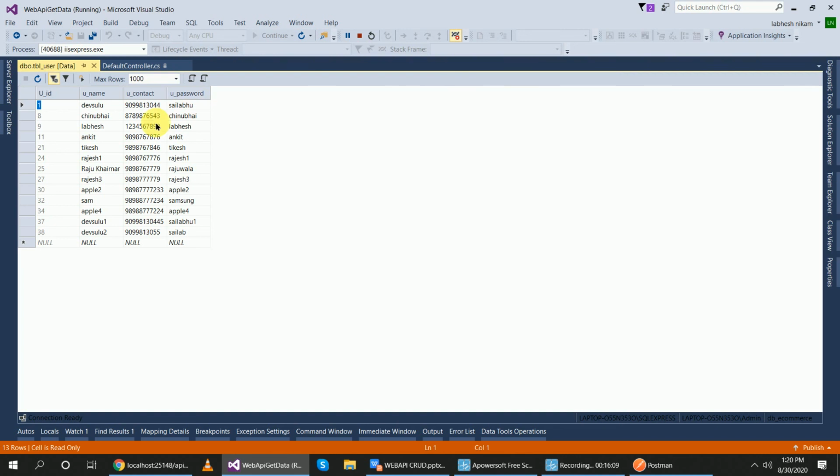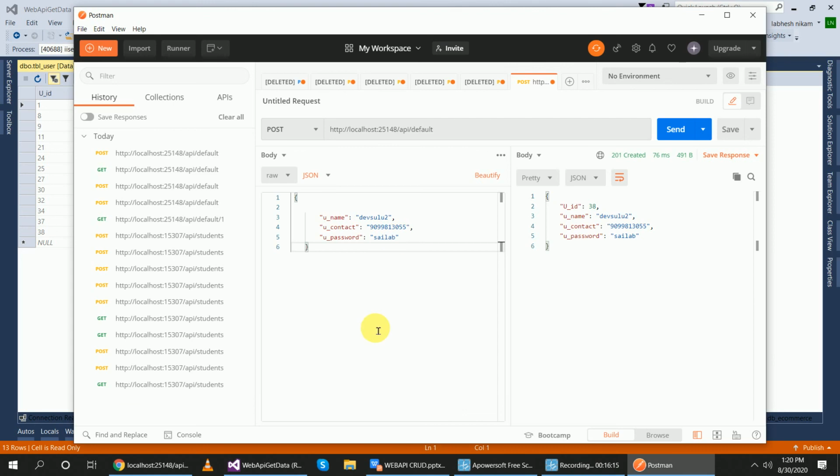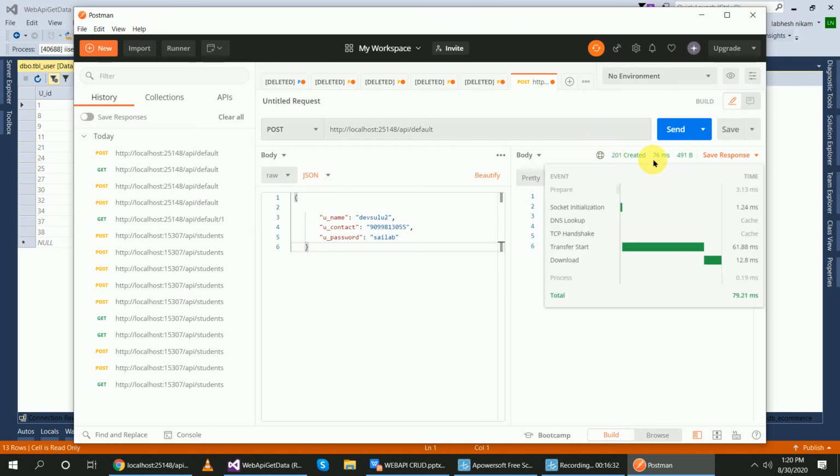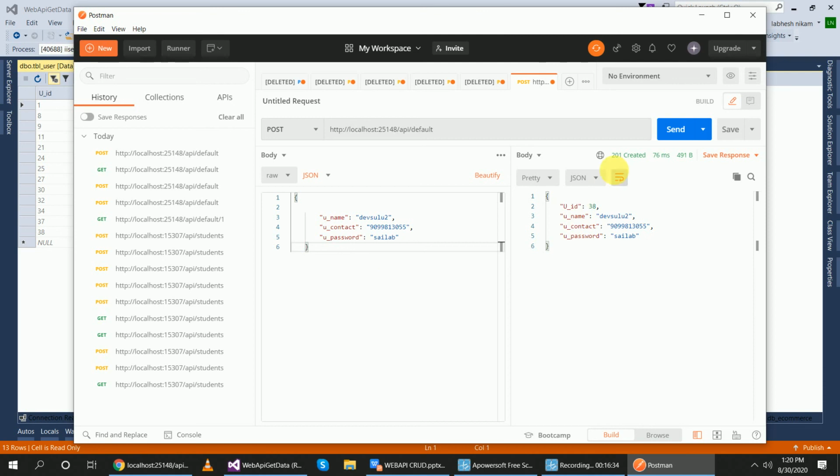Yeah, you can check here. This Dev's root 2 is added here, right? So you can use this Postman application like this, and this is my status code 201 Created. Okay, and when you get an error, when your web application is not working, at that time it will give you 500 Internal Server Error in this status code.